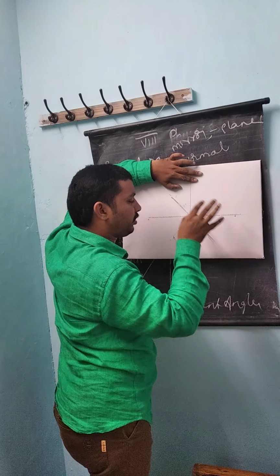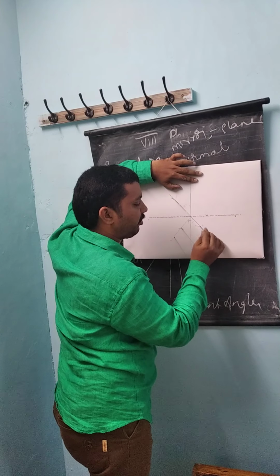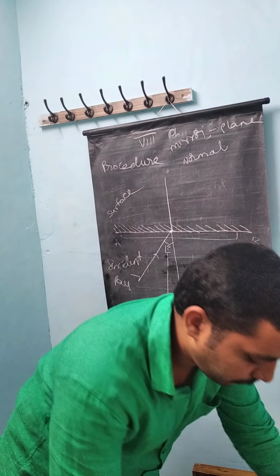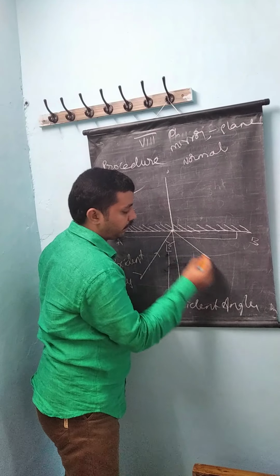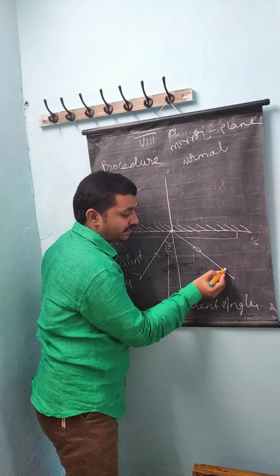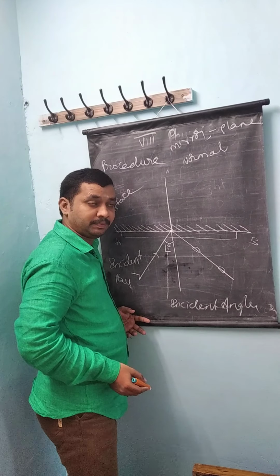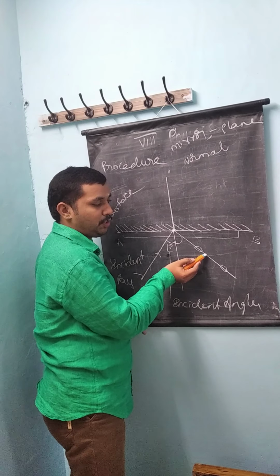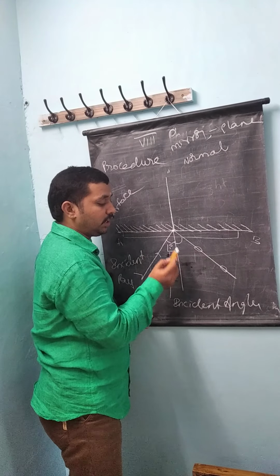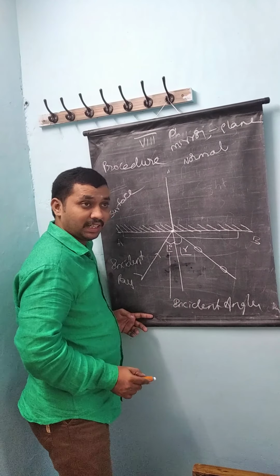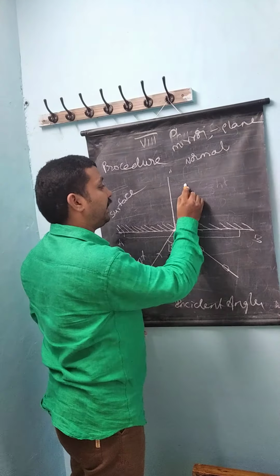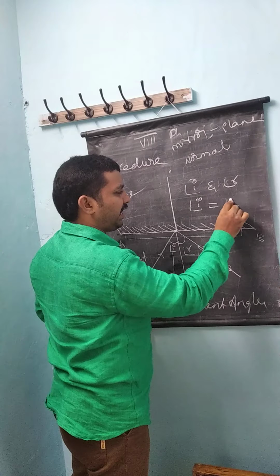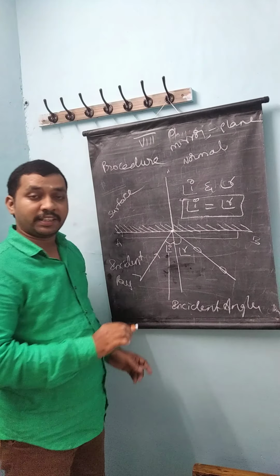When we confirm that they are in the same straight line, we remove the pins, put marks like this, and draw a line. After drawing the line, we can measure the angle between the newly formed light ray and the normal. It is termed R. We will observe that angle I and angle R are equal. When angle I equals angle R, our experiment is completed.